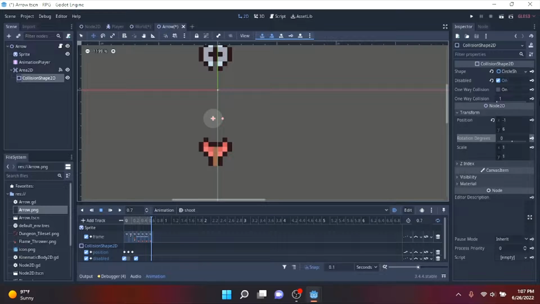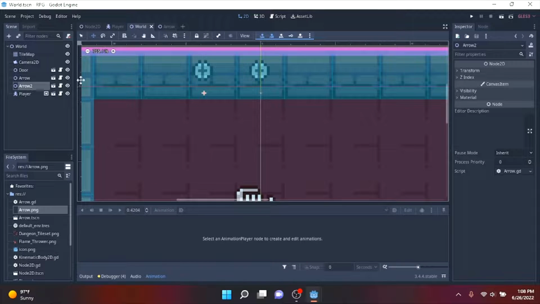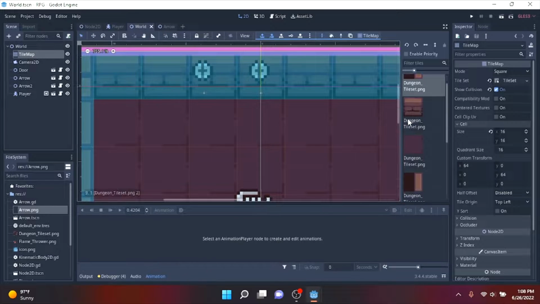Wait, not rotation. Disabled. Okay, now let's save. Go to our world. We can go to our town map and then just